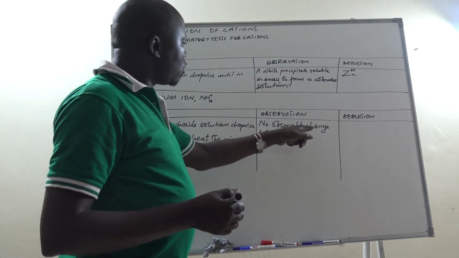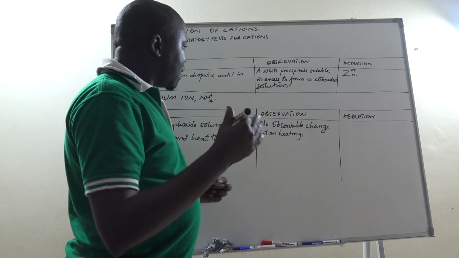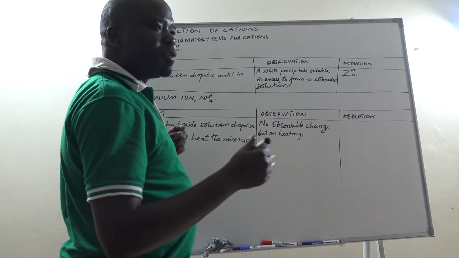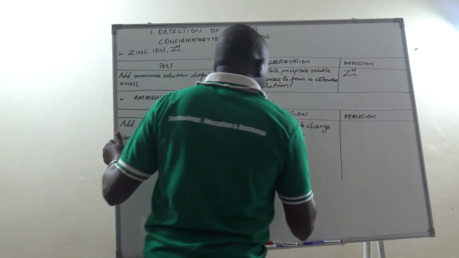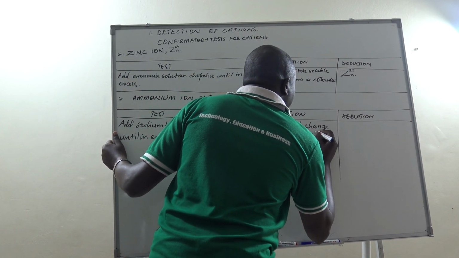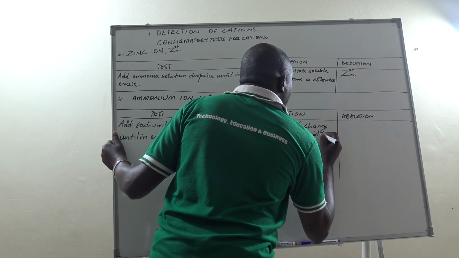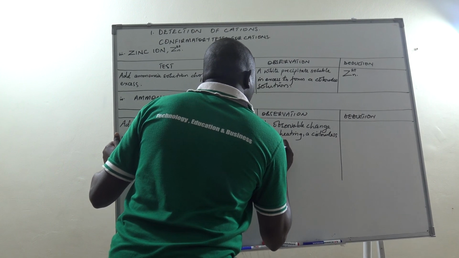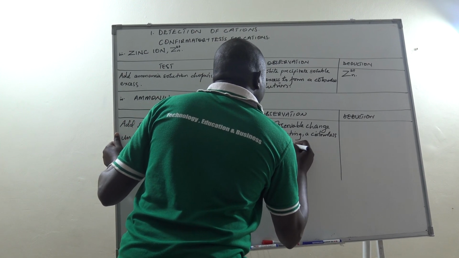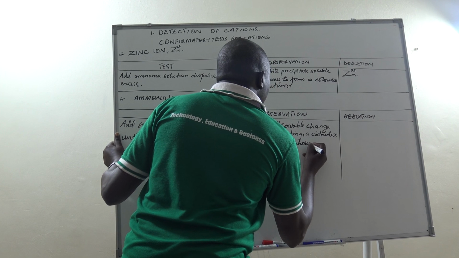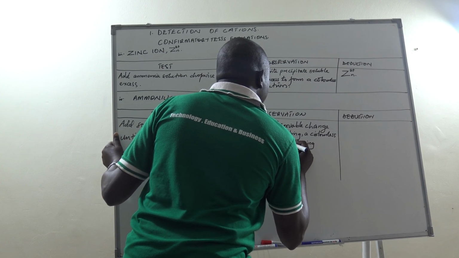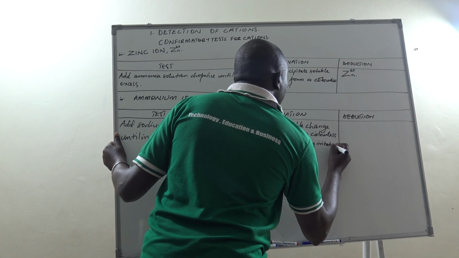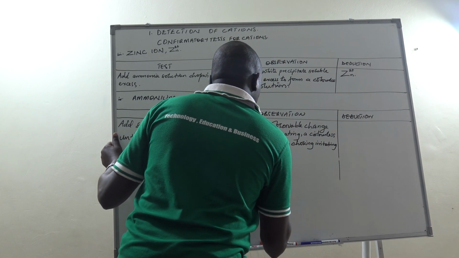We need to talk about the characteristic properties of the ammonia gas that will make us able to identify it very easily. So, on heating, a colorless gas with a choking, irritating smell,